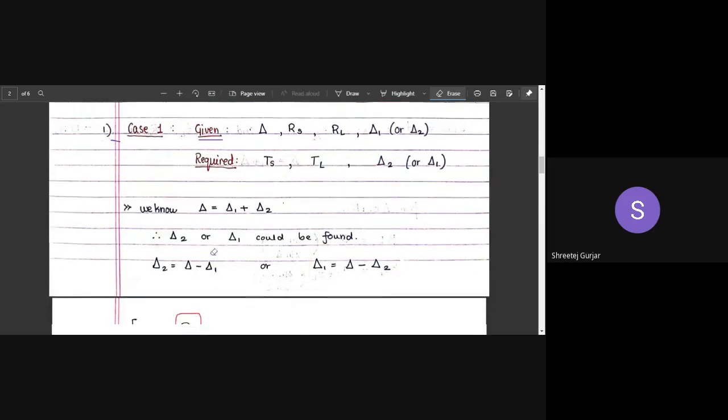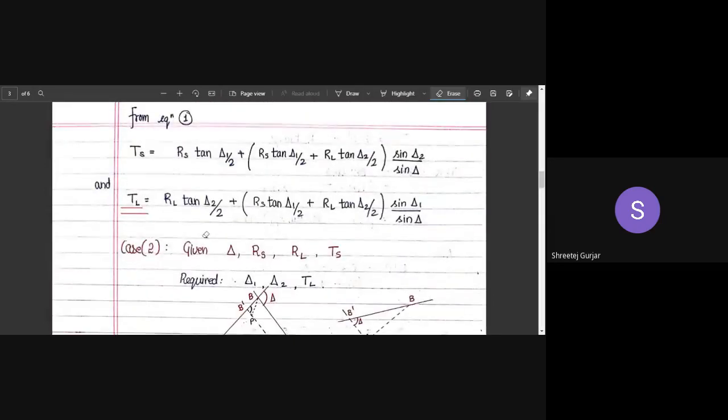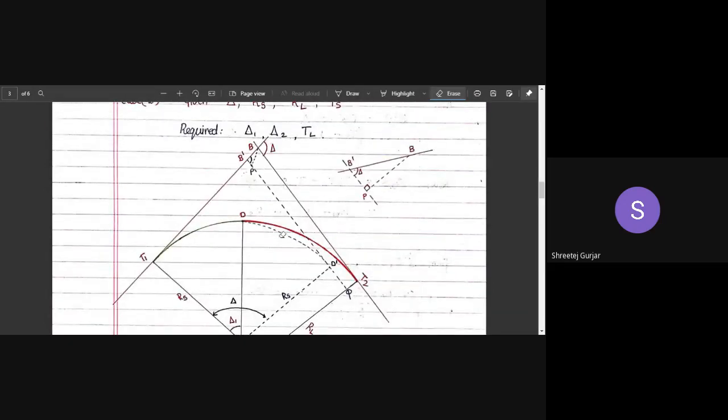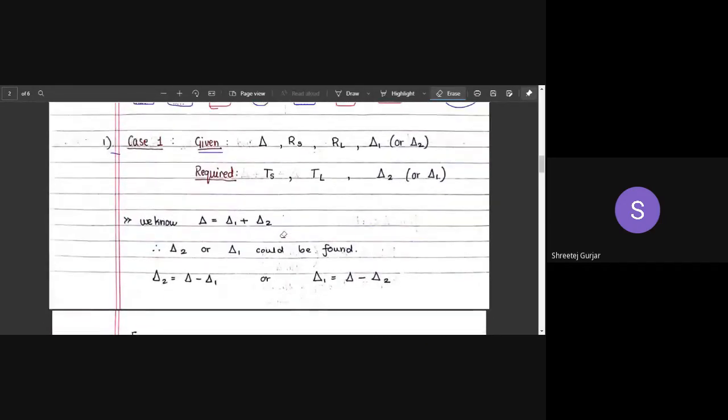If you have understood, let me know by raising your hand. This is case 1. Case 1 is very easy. Case 2 is a bit difficult compared to other cases. Case 2, case 3. Other cases are a bit complicated to understand. So let me know whether you have understood the first case. Yes or no? Yes, sir. Okay, you can lower your hand. Thank you. Okay, so the first case is very easy.